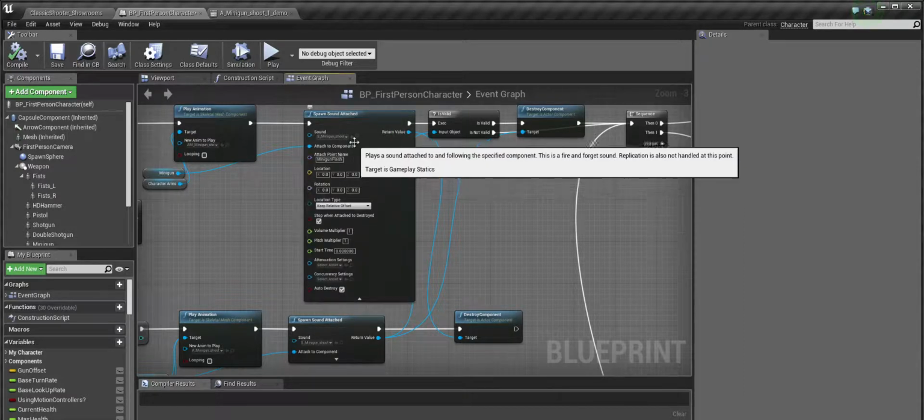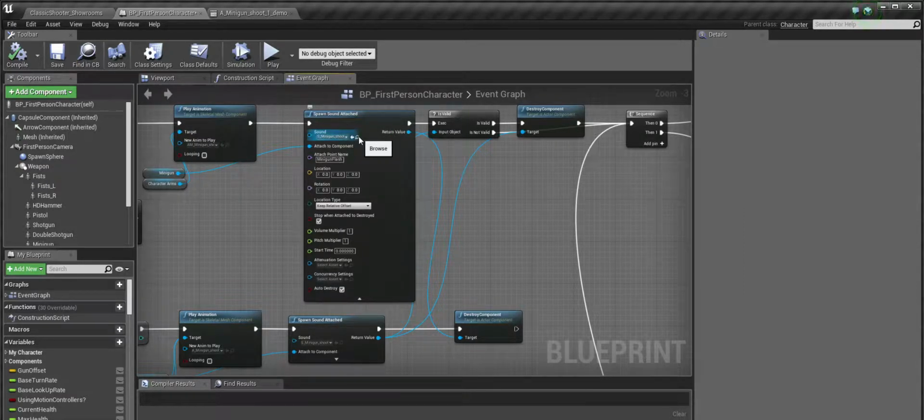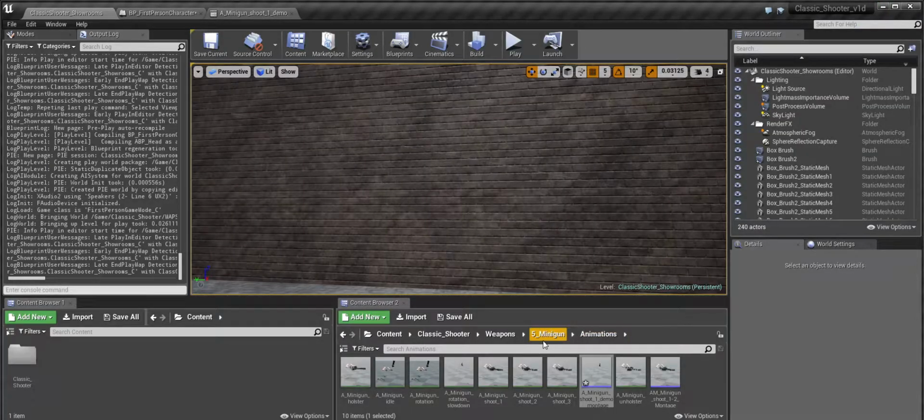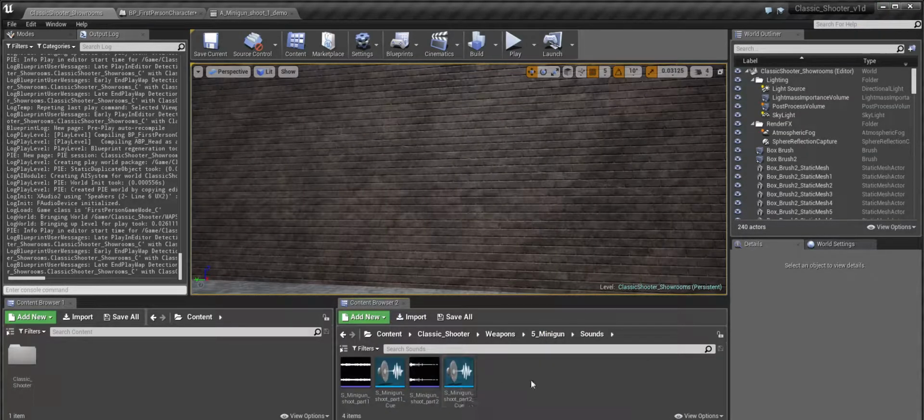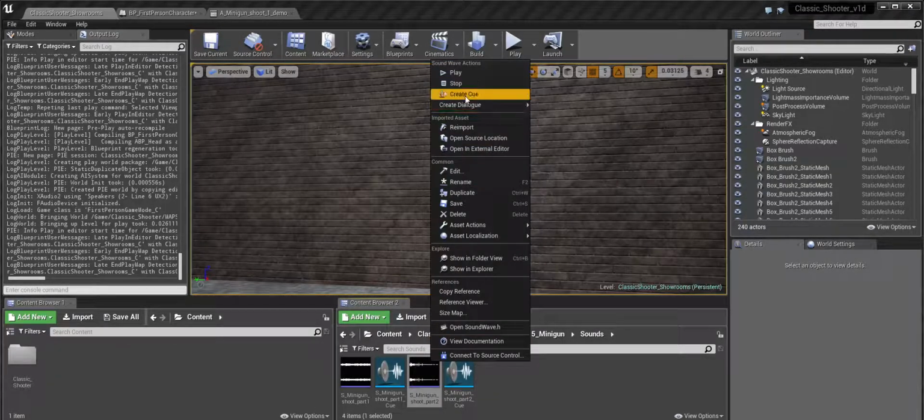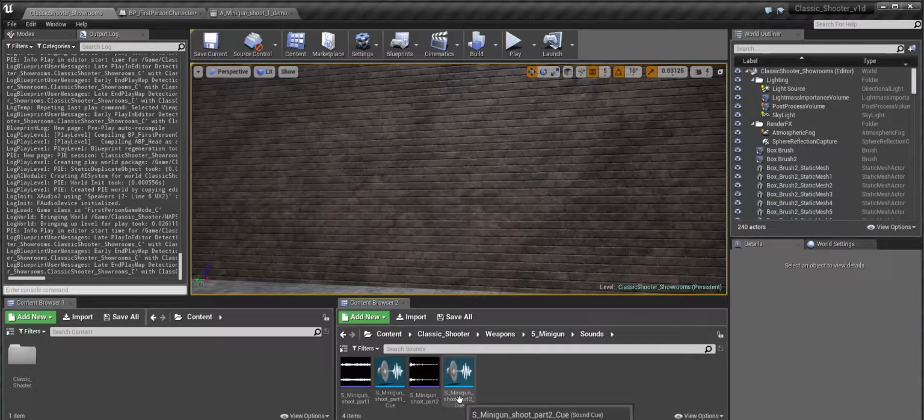Let's take a look at this sound, by the way. You can hit browse, or we can go to minigun sounds. All of the sounds that I use got sound cue associated with them. You can create one by right-clicking, create cue. Let's open this one, the